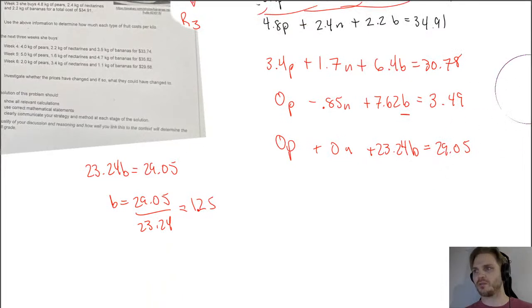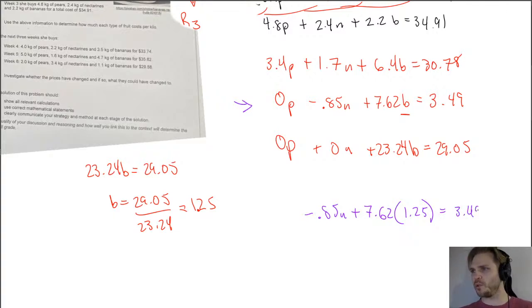And let me not erase any work. So now I'm going to back solve equation 2. So this is negative 0.85n plus 7.62 times $1.25 equals 3.49. And then, so we got negative 0.85n equals 3.49 minus whatever this number is here. So 3.49 minus 7.62 times 1.25 gives us